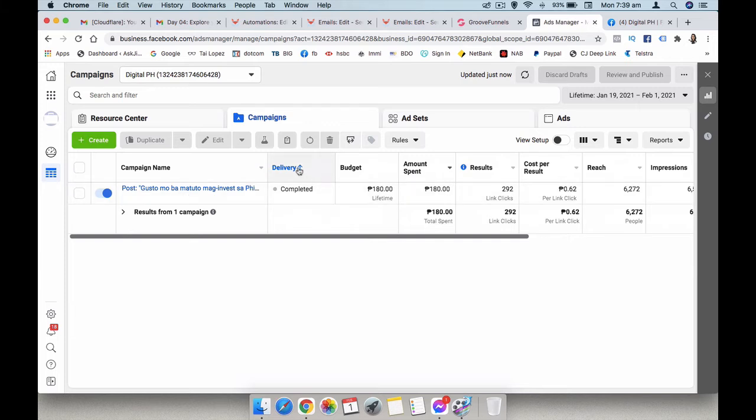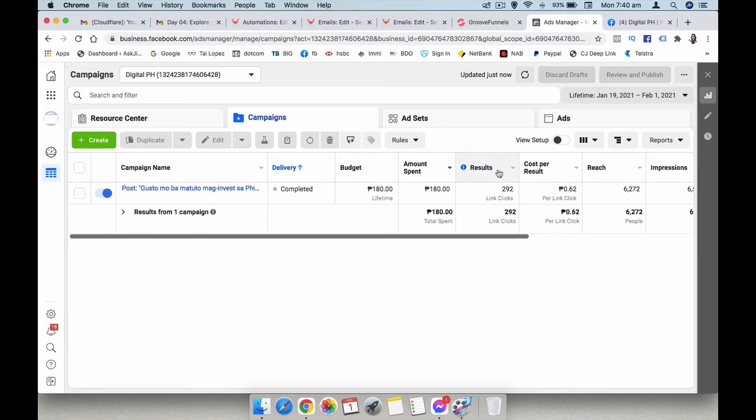Okay? So, I always want to see if the ad is active or inactive or already completed. Dito yon. Now, gusto ko rin makikita, kung marami kasi yan, gusto ko nakikita ko kung magkano yung budget na nilagay ko. Okay? And then, kung magkano na po, magkasunod sila, kung magkano na yung nagagastos ko. Para alam ko, if ever na malaki na or sakto na, well, this one is a boost post, kaya may lifetime siya. Bagong ad account nga siya, gusto ko lang pong magkaroon muna ng engagement before ako magra-run ng proper